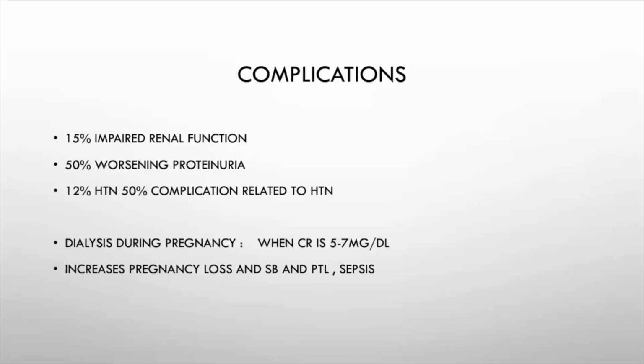Means 15% of them will have impaired renal function. Okay, and then 50% will have worsening proteinuria, 12% will have hypertension, and 50% will have complications that are related to hypertension. And then